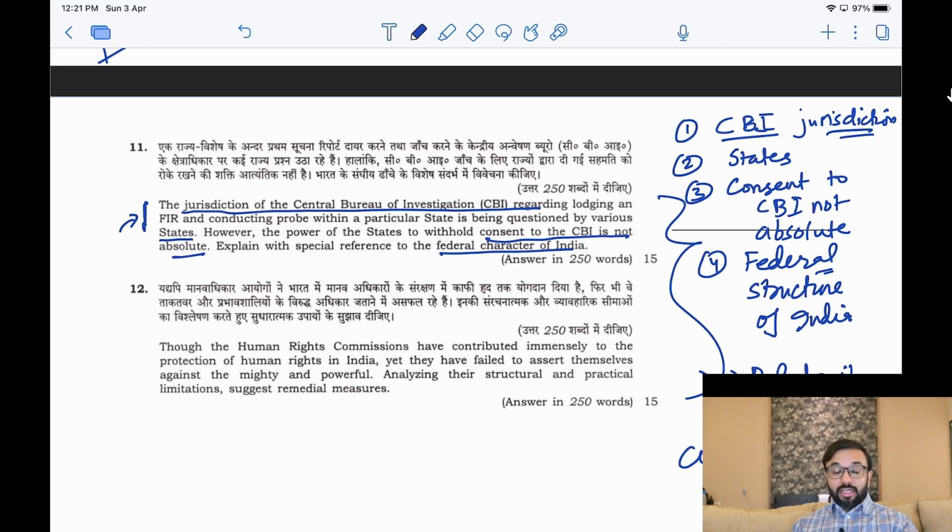देखो, ये करंट अफेयर क्वेश्चन नहीं है. You don't need to give an example of current affairs here. The question is theoretical कि CBI की जो jurisdiction होती है उसकी वजह से स्टेट और सेंटर में फेडरल जो एक स्ट्रक्चर है, फेडरल रिलेशनशिप है, उस पर इफेक्ट कैसे आता है. सो करंट अफेयर अगर आपको याद आएगा कि हाँ, मे बी इन केस ऑफ महाराष्ट्र इन द सेंटर, मे बी इन केस ऑफ वेस्ट बंगाल इन द सेंटर, there were a little bit of questions of CBI's jurisdictions asked by the states, and similarly center had certain different opinions. So that's why this question is coming up.